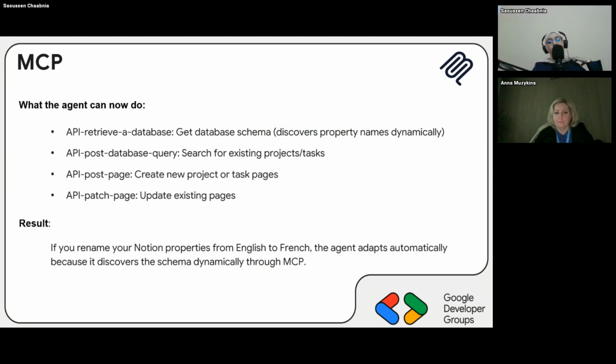And here's the best part. When Notion updates its APIs or you connect to a new database, we don't touch our agent code. The MCP server automatically provides the update and handles different formats. All right, so